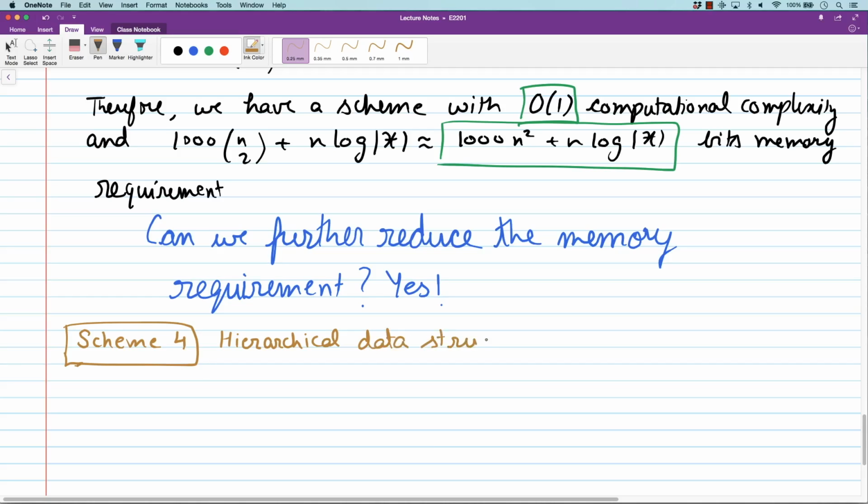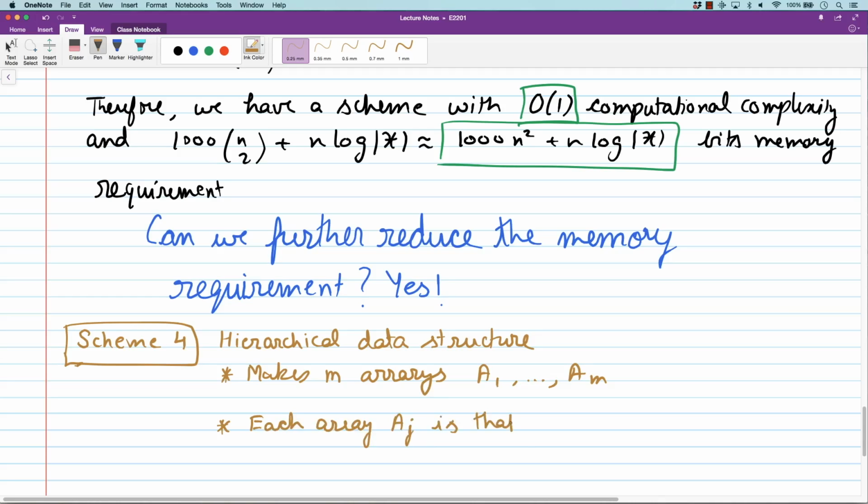What it does is it makes m arrays a1 to am, each array aj is of different size, of size nj, say,